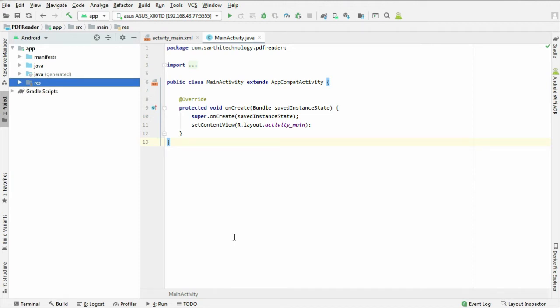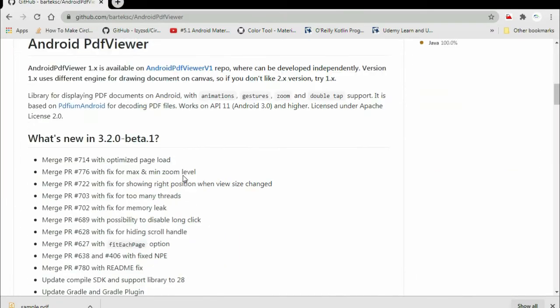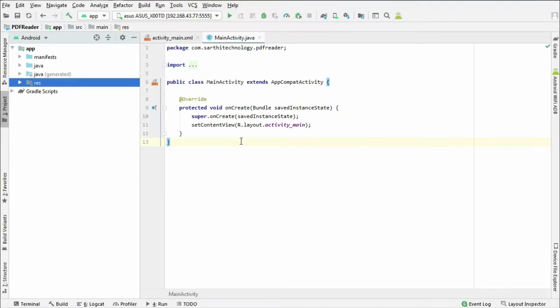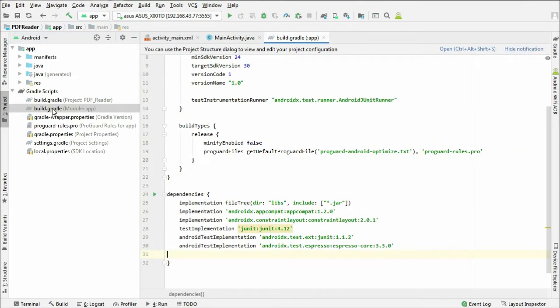In this video, we will learn how to open PDF in your application. So first thing, you need to open a link that is given in the description of this video, and that is this. Okay, so here first go to the down and copy this Gradle implementation. Okay, so just copy and in your application go to the Gradle, this app module, and here you need to paste it